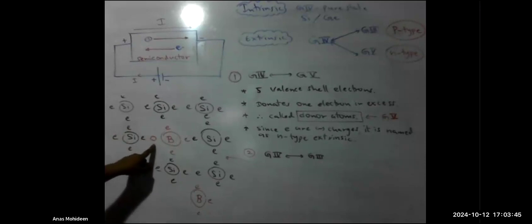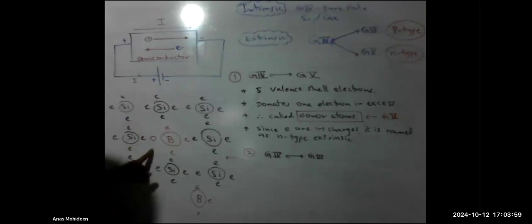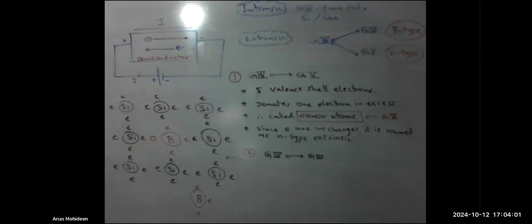The fourth one gets bonded, with no electrons provided by the B, the third group element. So is it a free space or a free hole? This free space is what we name the free hole. So you see, a free hole means